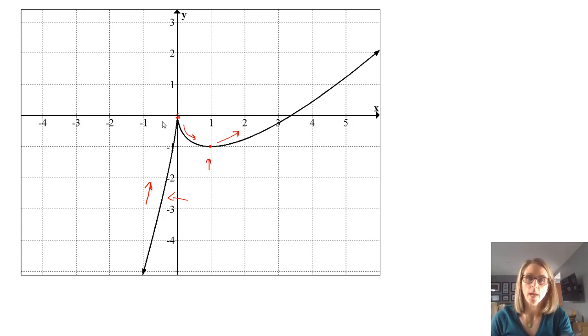But at 0, 0, we have that cusp, and that's really something to recognize anytime you have that rational exponent, that's a fraction, because you can see that the function is continuous. There's no domain restrictions, but when you take a derivative, you do have a vertical asymptote in the derivative, and that's what's creating this idea right there. So that's where the cusp is coming from. But other than that, that is an example of a function with a rational exponent.